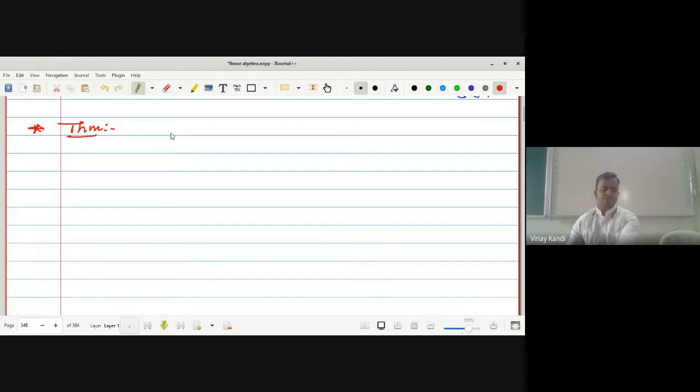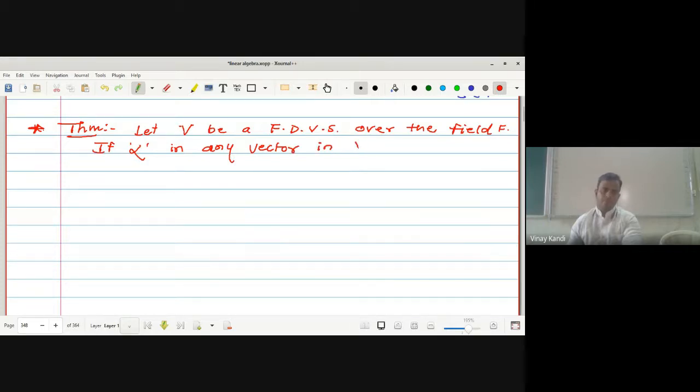Let capital V be a finite dimensional vector space over the field capital F. If alpha is any vector in capital V, then the functional L alpha on V star, the function L with suffix alpha on V star, is defined by